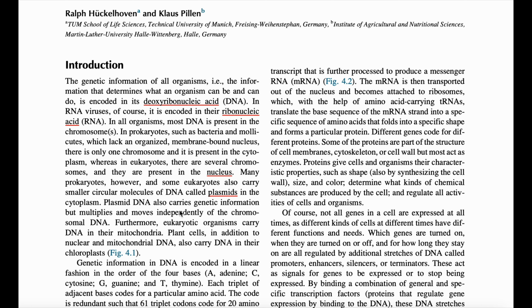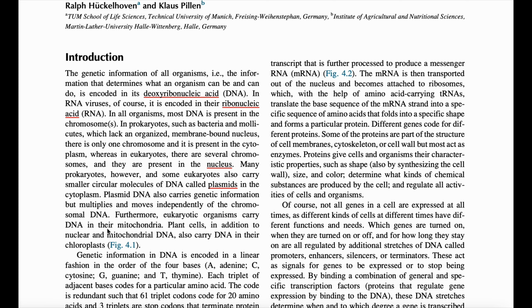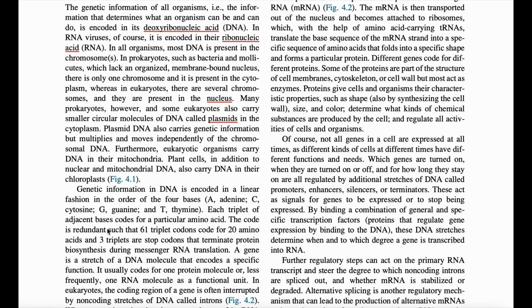And plasmid DNA also carries genetic information but multiplies and moves independently of the chromosomal DNA. Plasmid is used as a vector for transmitting genetic information from one organism to another, right? And that method is also called horizontal gene transfer, that we are going to study in the coming sections, right? So plasmid DNA also carries